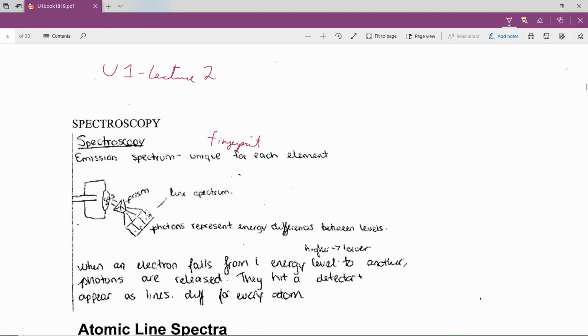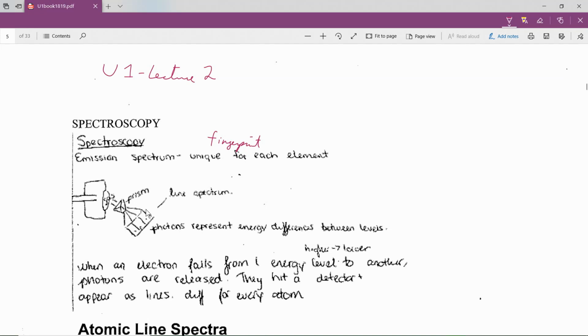There's other lines in the non-visible spectra, but we don't see those with the eye, or in a photographic film. But in the visible spectrum, only certain lines are seen, and this confounded the